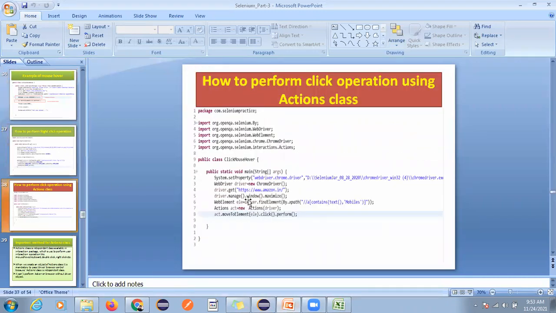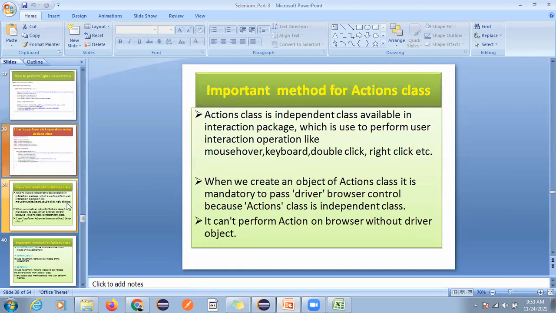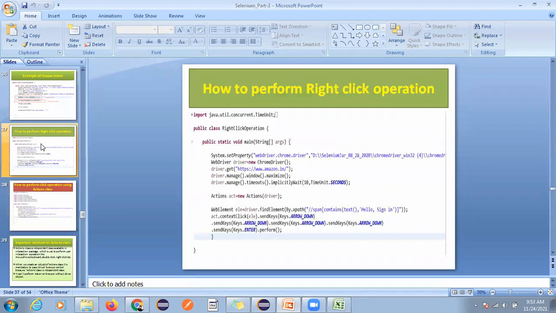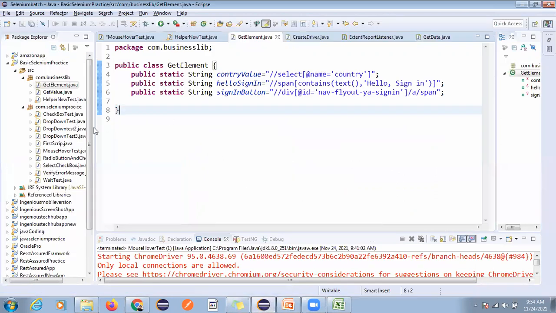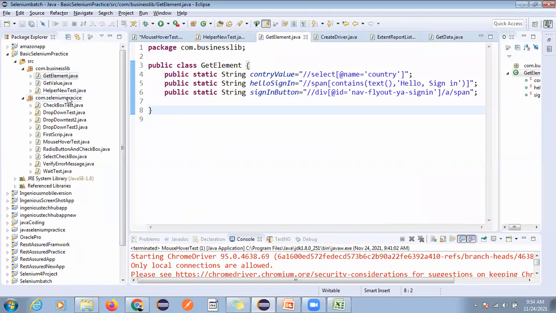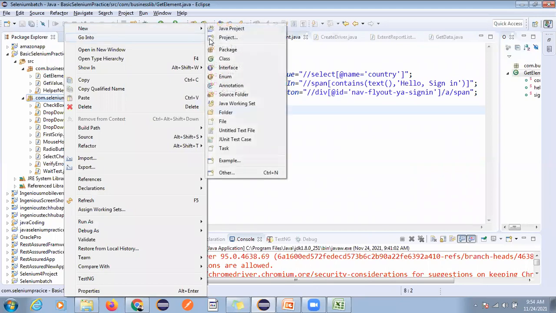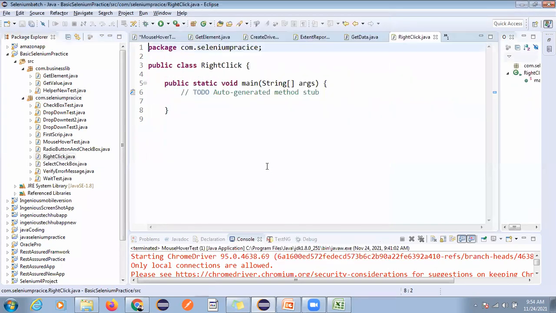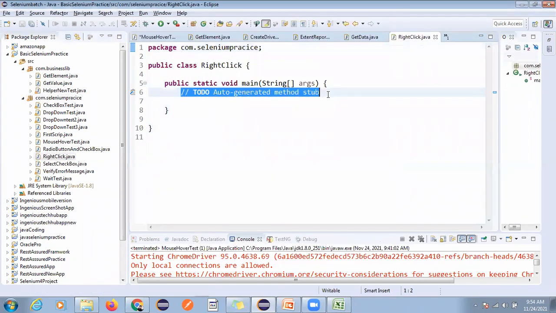Let me move on to how to do a right click operation. This is your mouse hover; let me perform the click operation. Yes, right click. From today onwards I'm just going to perform right click. I think at 10:10 this link will expire, then after that we will join in a different link.